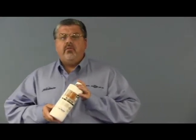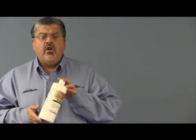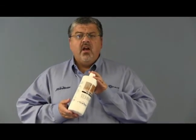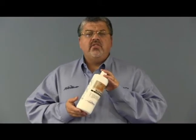The final spot and stain removal solution I want to talk to you about is Rust Break. It does just what it says it does. It's designed specifically to remove rust stains from carpet. And it does it without using any hydrofluoric acid or other type of harsh acid that can cause problems. It has 4 times the rust removing ability of citric or oxalic acid based rust removers and begins to work